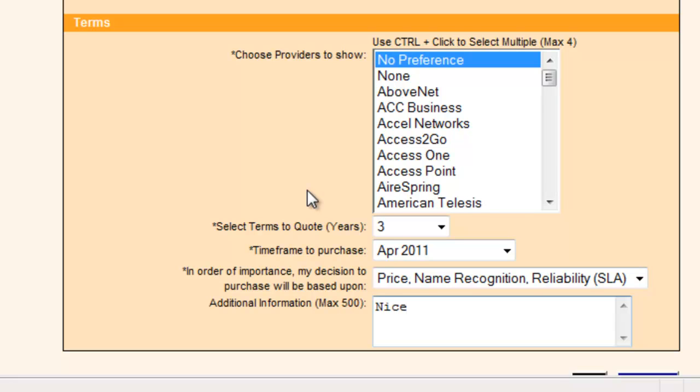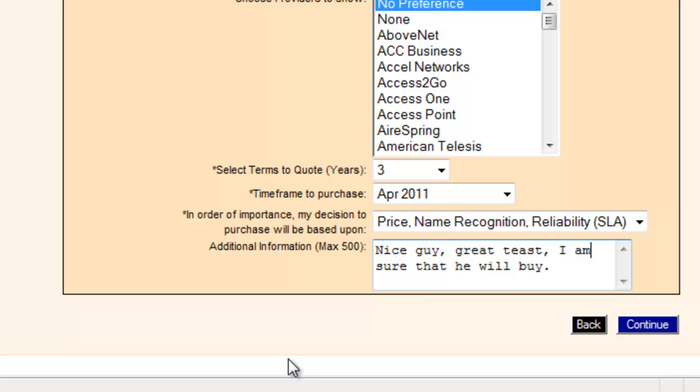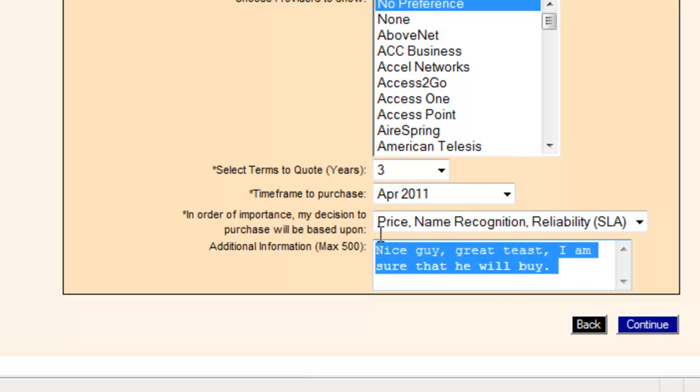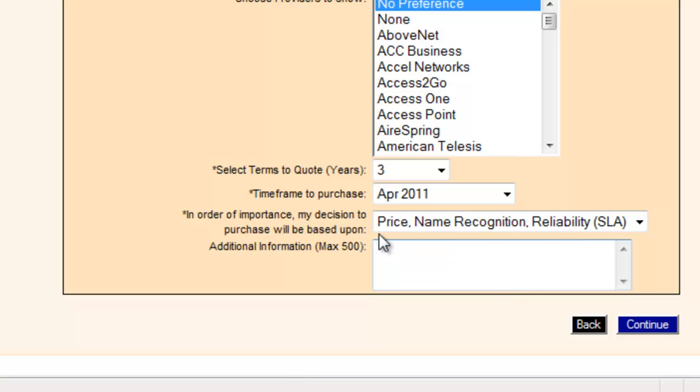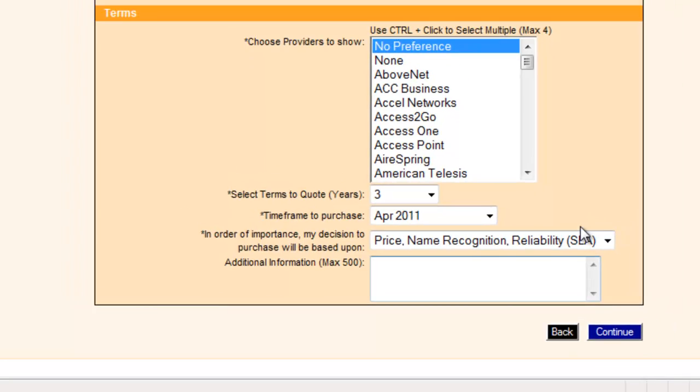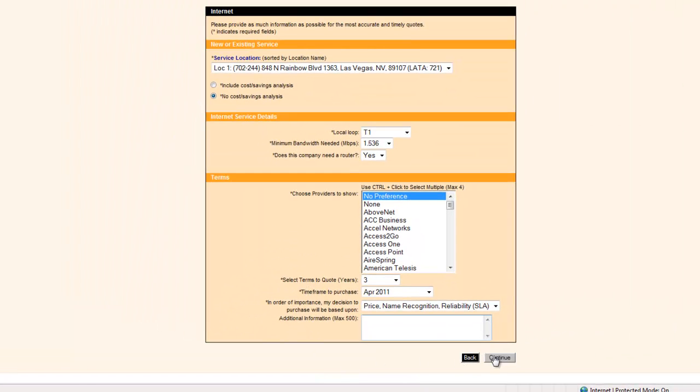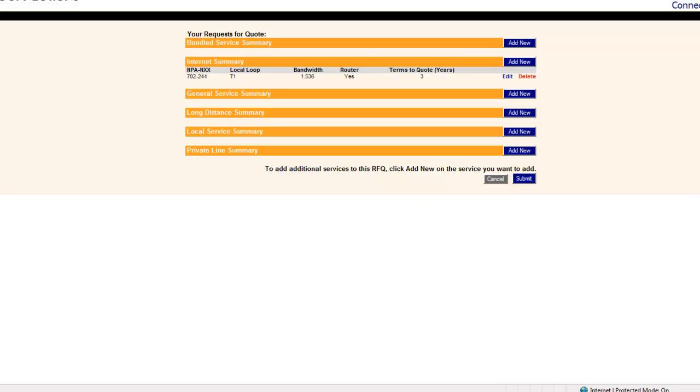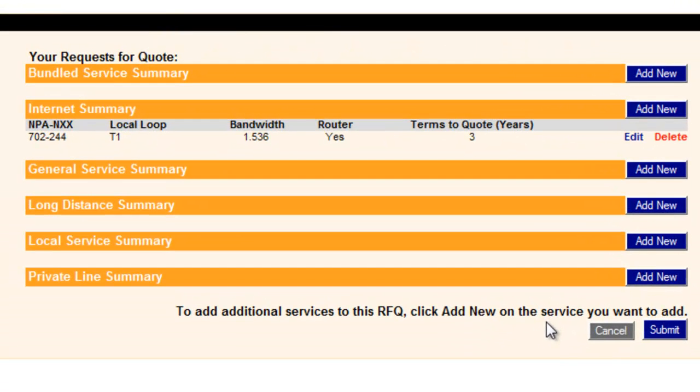It's important to put notes in here if you have information that would be useful for the carrier to know. Okay. Obviously, a note like this, I'm not going to really leave that in there. But let's just say, for example, there was information that was relevant to the proposal process. We would definitely want to put that in. And here we have our